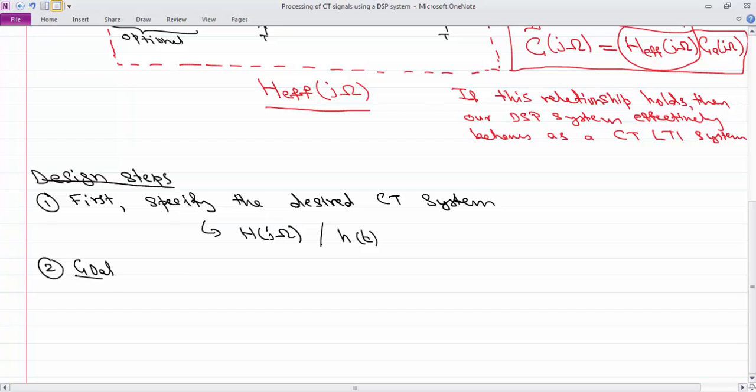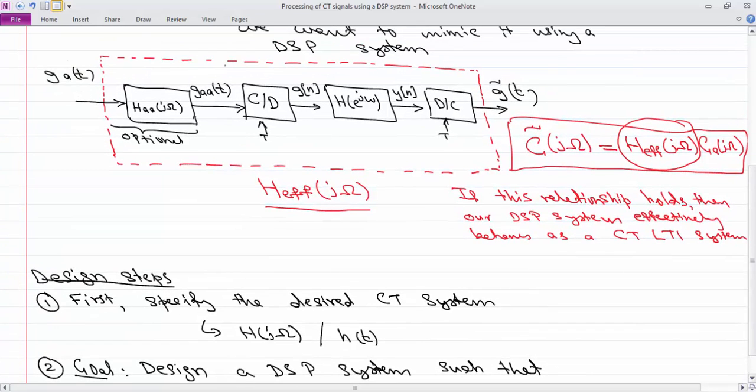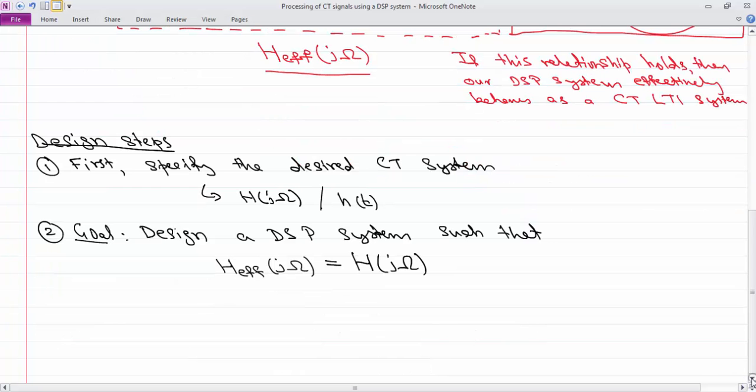And the goal is to design a DSP system such that the effective frequency response of your DSP system, which is captured through all these blocks collectively, the frequency response of that effective system is equal to what you wanted. Now, in order to do that, we have to specify